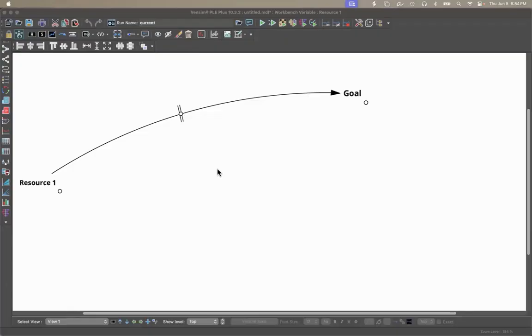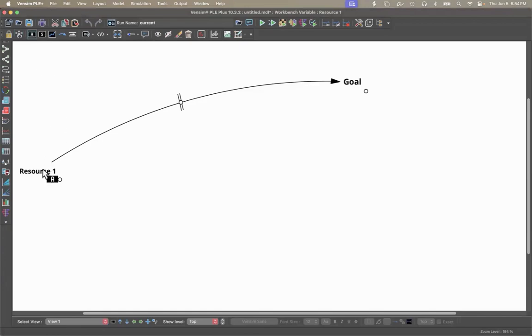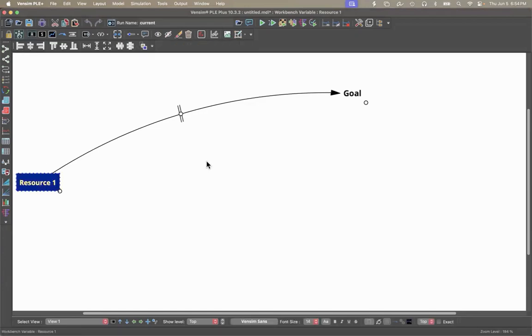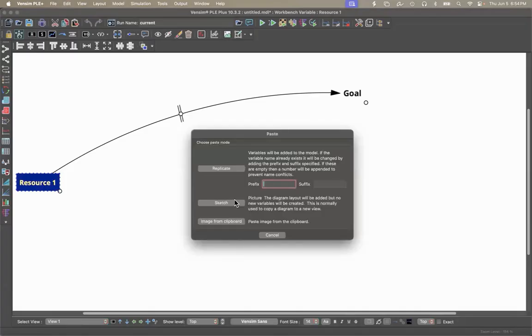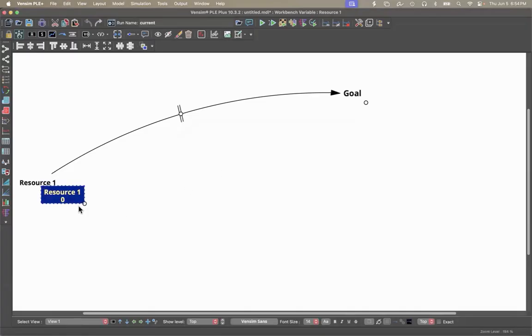Okay, so now let's go ahead and create just a few more resources to give us something to play with. In order to speed this along, I'm just going to copy and paste these using the standard copy paste tools. Now it's going to say here that it's going to add a suffix to it because that name already exists. So this is what it'll do